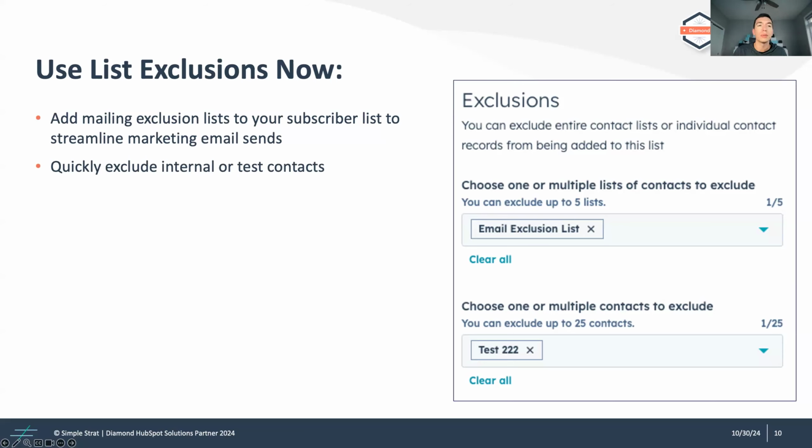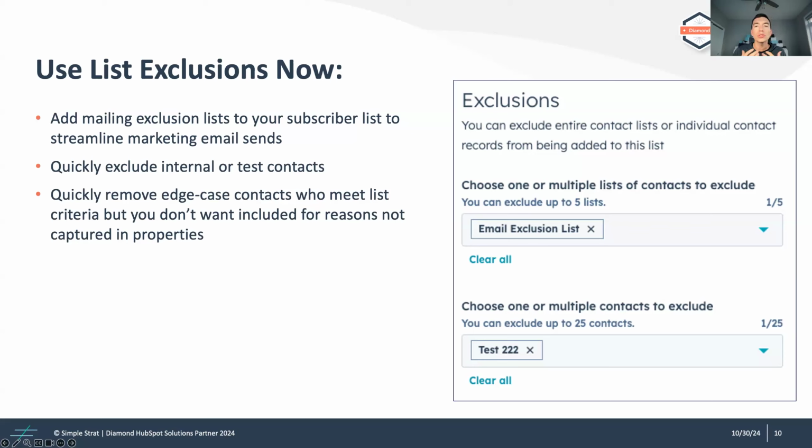Then another use case here is maybe you've got internal or test contacts that are constantly in your active list because they filled out so many test forms and things like that. You can make sure those folks are excluded very easily. And then there also may be times where a contact is one of those edge case contacts. So they meet the criteria of the filters. They've got all the properties or whatever you're filtering on to be in that list. But for whatever reason, they're an edge case and you don't want them on that particular active list. Rather than go in and create a custom property to manage this or override the properties that they have, you can just add them to that second box there in the list settings. So, a nice little tool for us to keep our lists clean and with the folks that we want to be